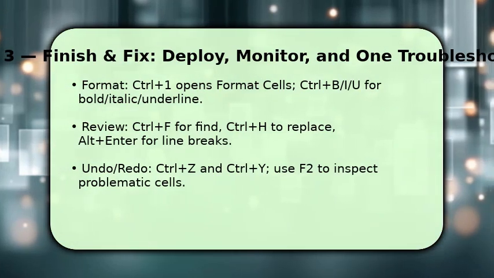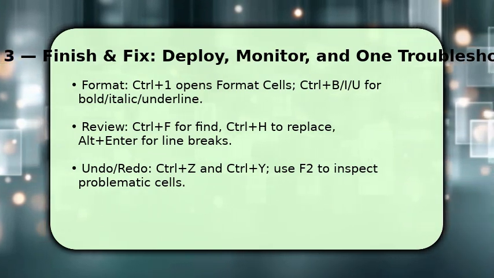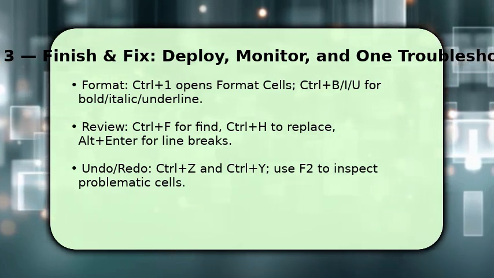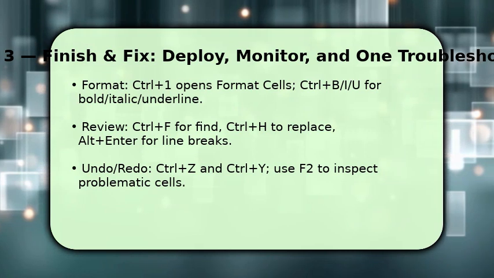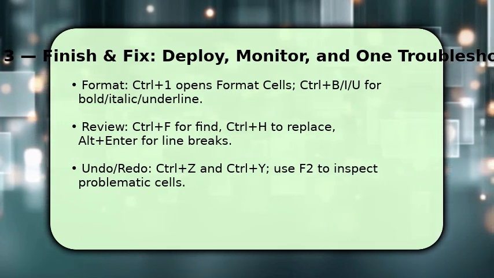Finish by applying final formatting and checks. Press Ctrl+1 to open format cells and set number formats or alignment. Use Ctrl+B for bold. Review data with Ctrl+F and Ctrl+H to find or replace entries, and insert line breaks inside